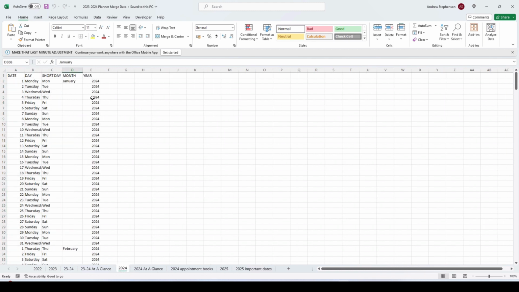Basically the data in this page will be merged with the document, and we'll have roughly 107 pages with some of these details across. Now I'm not going to use them all. I'll probably only use the date, I would imagine, the actual date column. But I've used these in other planners, so it's handy to have them all. What I will do is